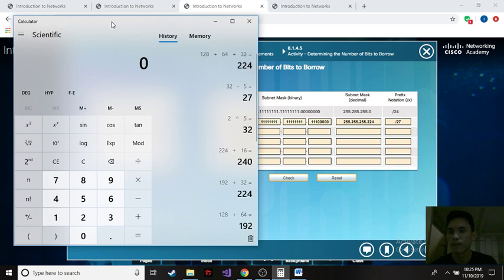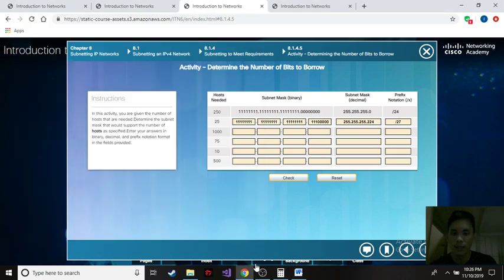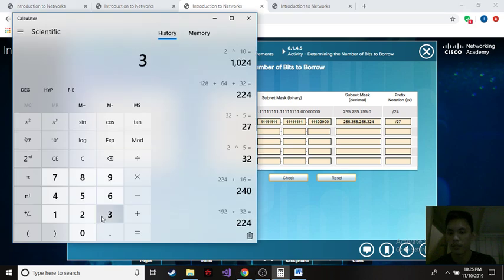And remember the number that we raised to the power. So our borrowed bit should be 10, and we will subtract it from the default prefix notation, which is 32. So 32 minus 10 is 22. So our prefix notation in this part is 22. And then like I said a while ago, this represents the number of ones in the subnet mask binary. So we will enter here